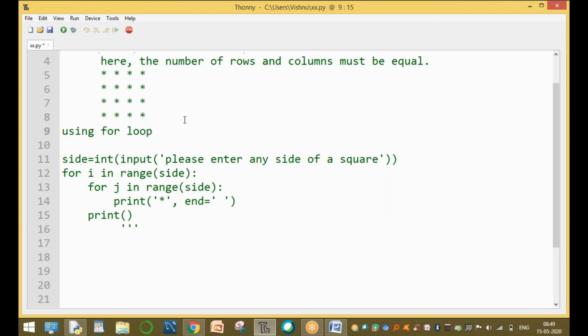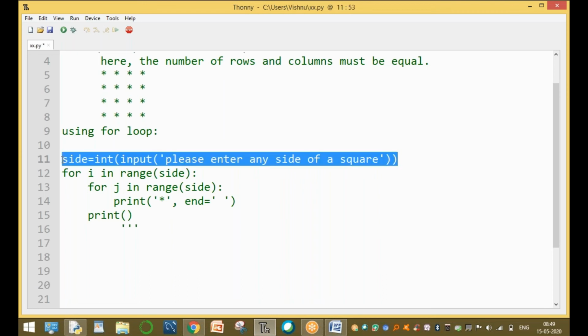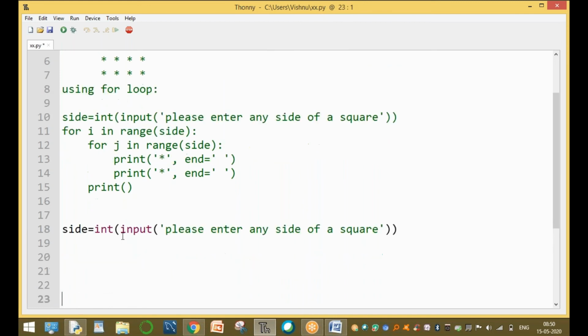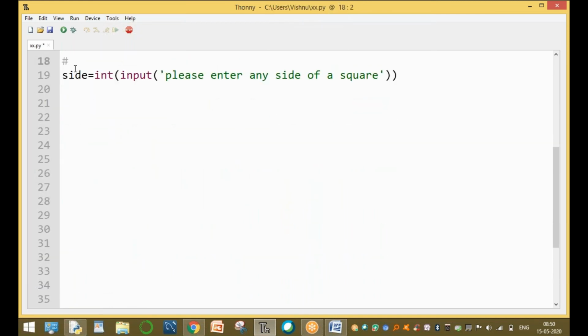for loop. We want to run the same program using while loop also. Is it possible? Using while loop also is possible. Now run clear. While loop is also possible. For example, using nested while loops. Okay, the same program we can write using either for loop or while loop.